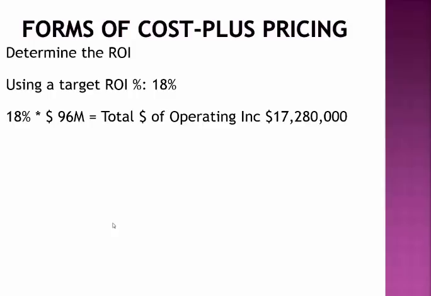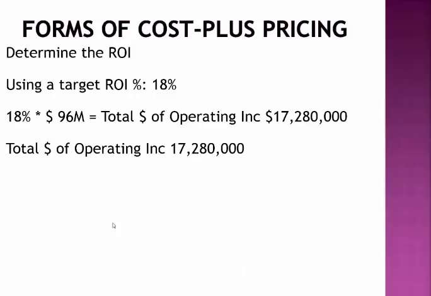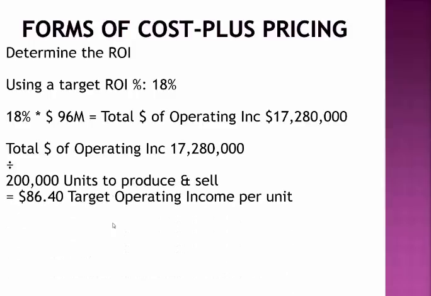And we're going to have to do that spread over all the units that we produce and sell. So taking that $17,280,000, and dividing it over 200,000 units that need to be produced and sold, then we are going